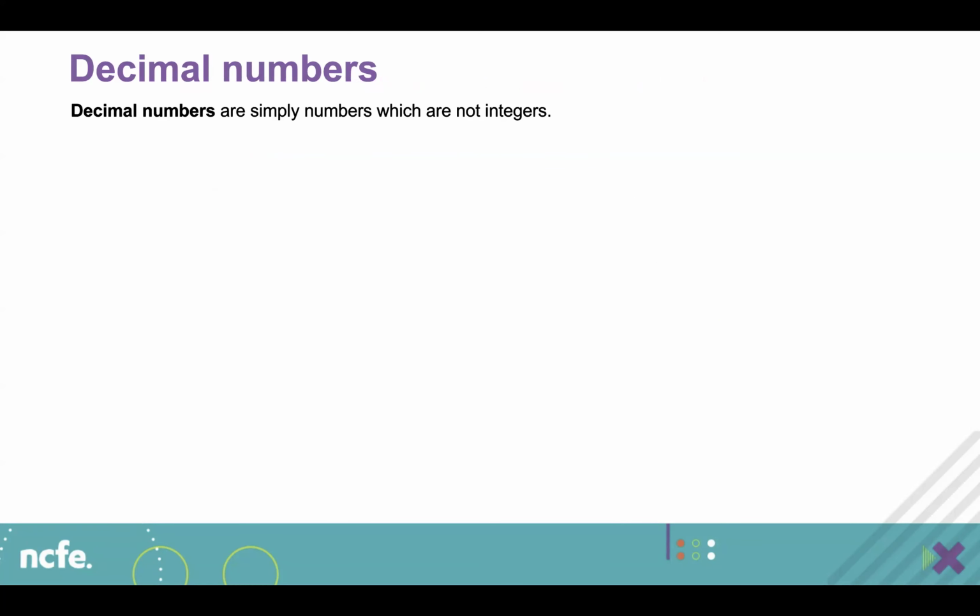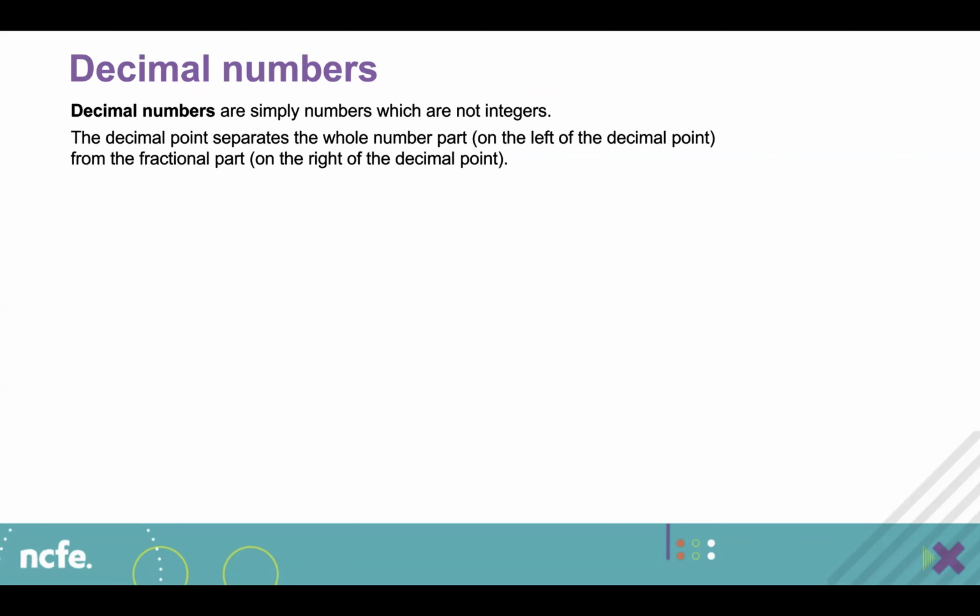Decimal numbers. Decimal numbers are simply numbers which are not integers. The decimal point separates the whole number part on the left of the decimal point from the fractional part on the right of the decimal point. For example,